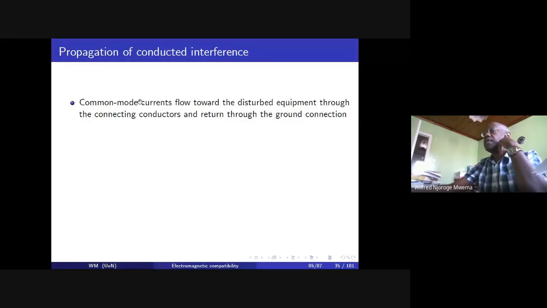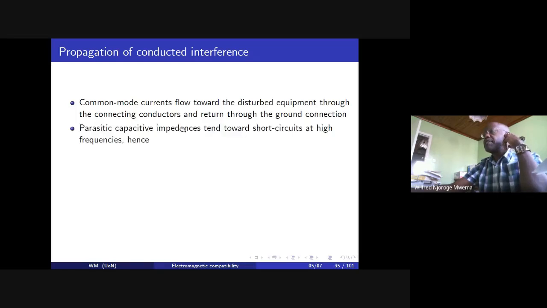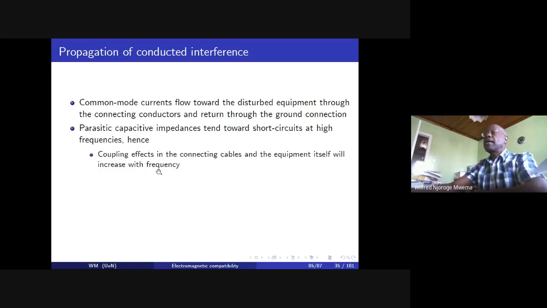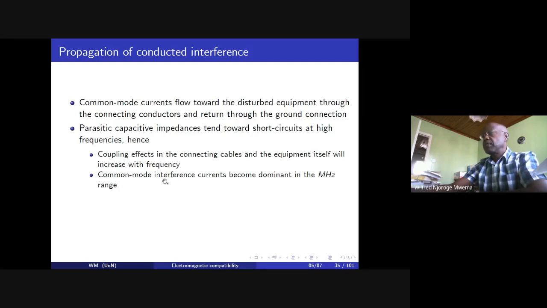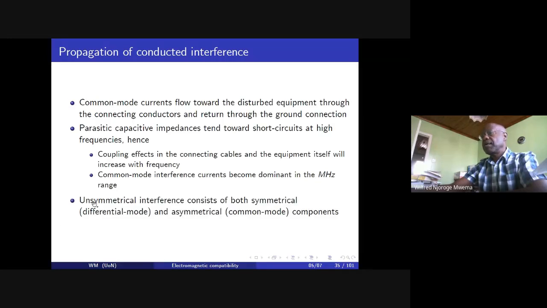So common mode currents will flow toward the disturbed equipment through the connecting conductors and will return through the ground connection. So a parasitic capacitive impedance will then tend toward short circuits at high frequencies, and therefore the coupling effects in the connecting cables and the equipment itself will increase with frequency. So common mode interference currents become dominant in the megahertz range, and asymmetrical interference, which consists of both symmetrical differential mode and asymmetrical common mode components,